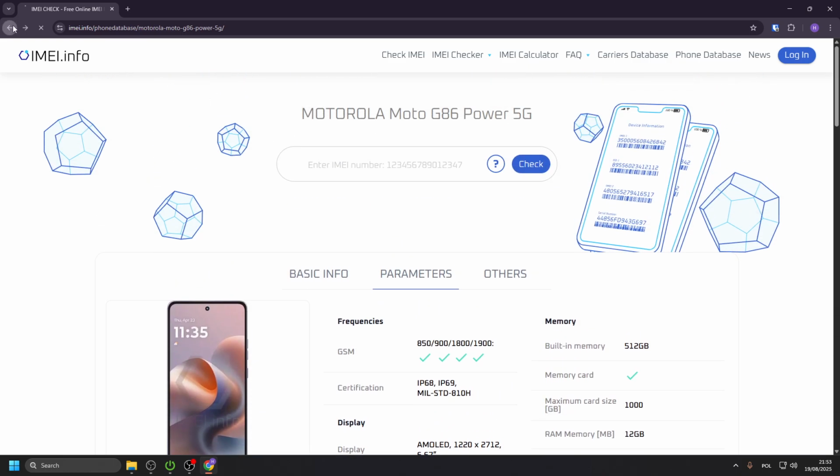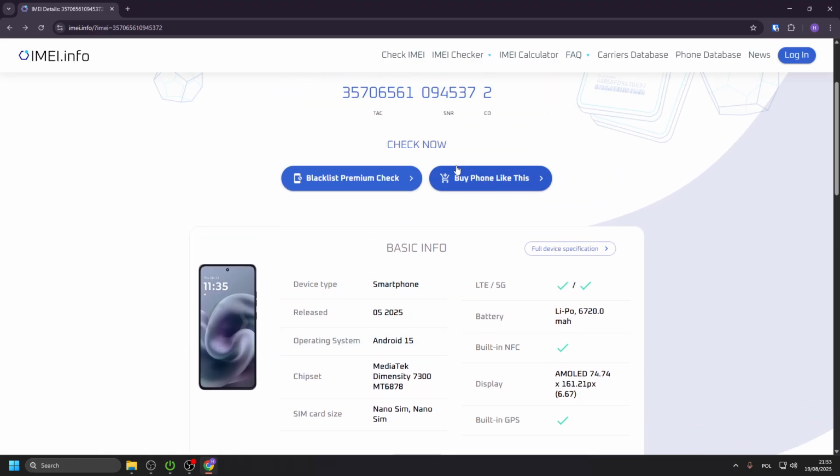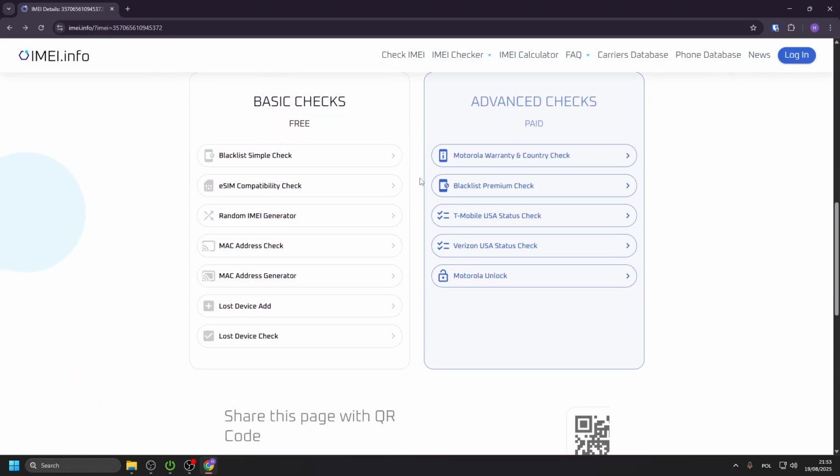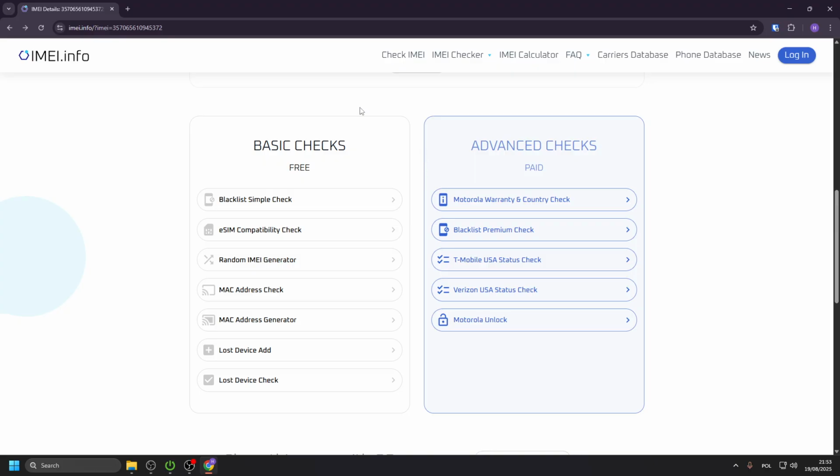When you go back, you can also buy a phone like this when you click on that button, and below we have the basic checks and the advanced checks. When it comes to the basic ones, we have the blacklist simple check, eSIM compatibility check, random image generator, MAC address check, MAC address generator, lost device add, lost device check,